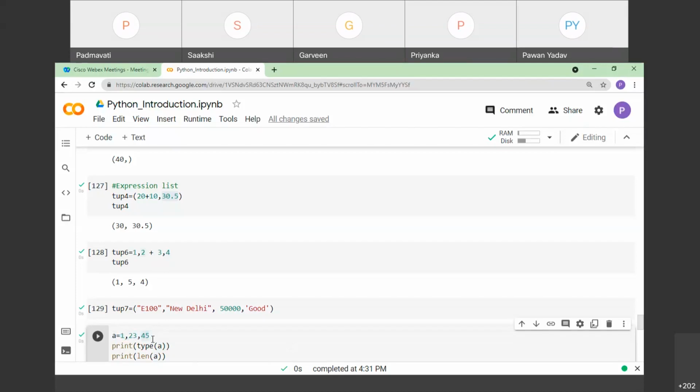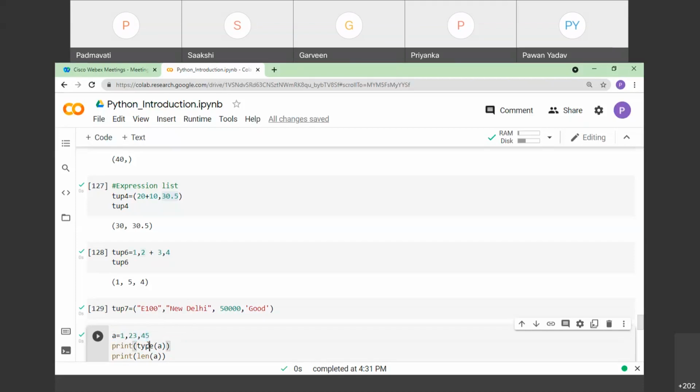Whenever I write a equals 1 comma 23 comma 45, it may look like a simple number of integer type, but it is not integer type. We have also seen this example while dealing with numeric data types. Instead, it creates a tuple called a with three different elements inside it: 1, 23 and 45.